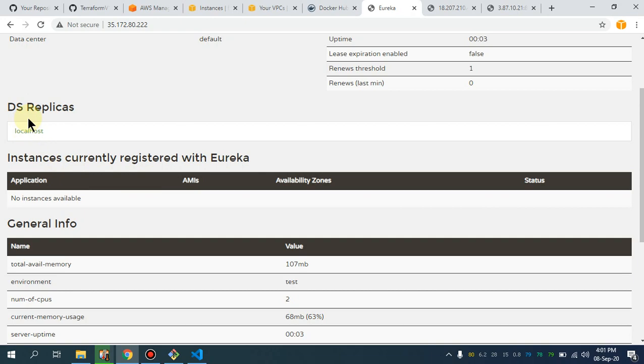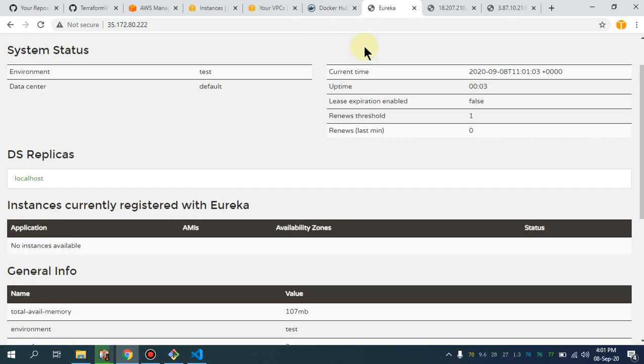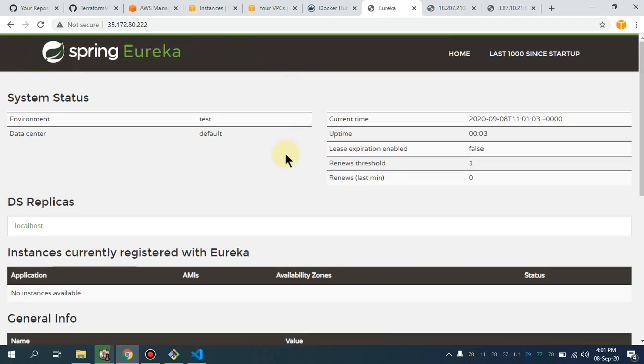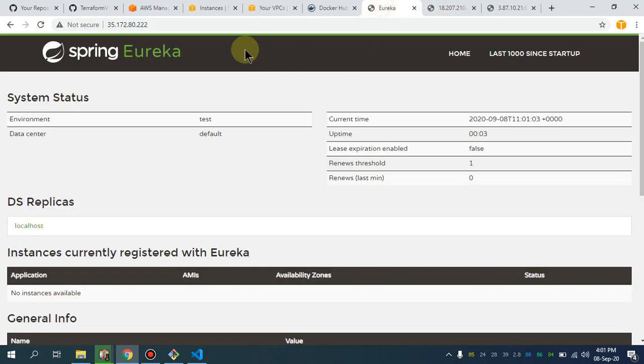But to get this registration done, we have to create a private hosted zone. Currently registration is not going to happen. These two containers, or services, are looking for the URL which I have provided in order to be registered with this Eureka.